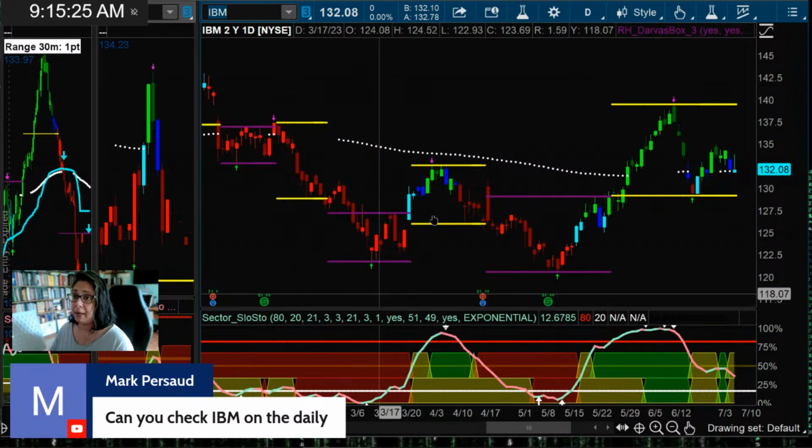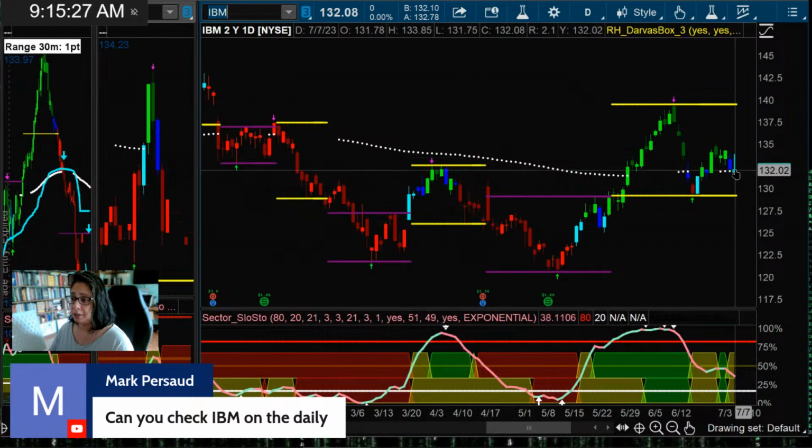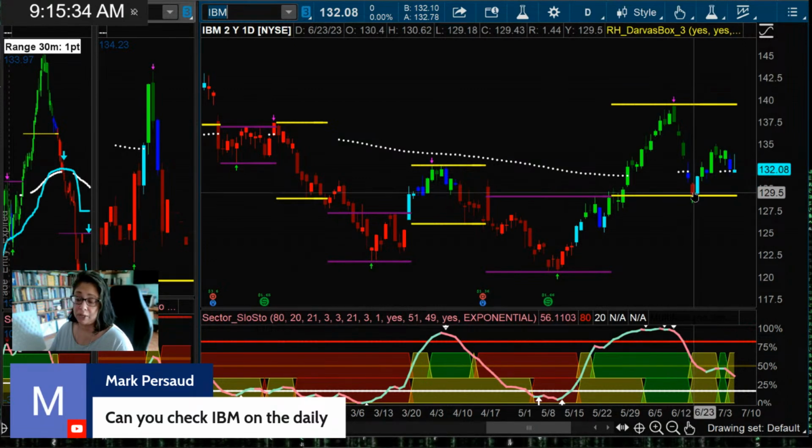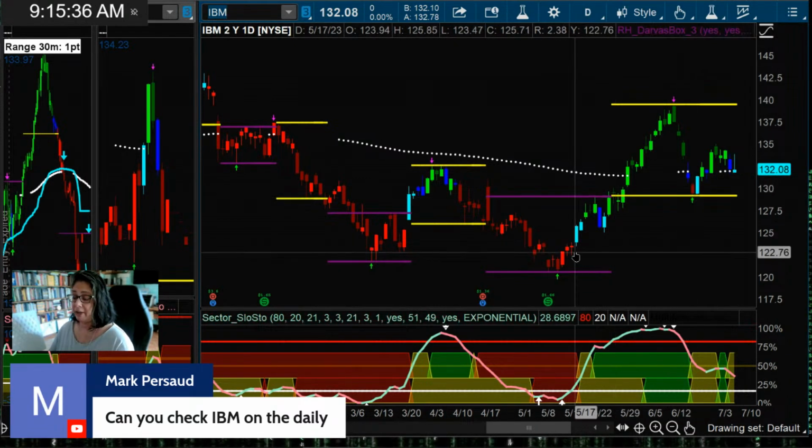Testing the 200. I keep an eye on that one, Mark. That's a pretty good look. 200, if not the 200, take a look at the daily chart, the Darvis there, 129.20, that area. So I would say anywhere between the 132 handle and 129.20 would be a viable, roughly 3 points of zone